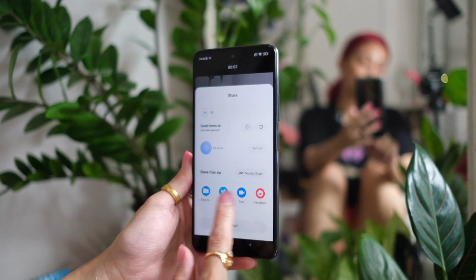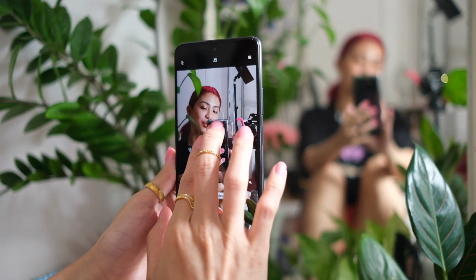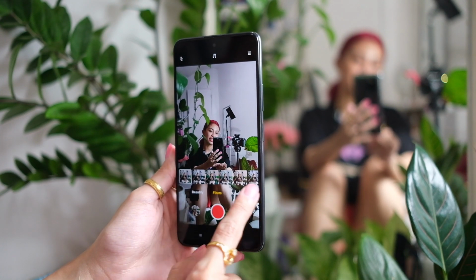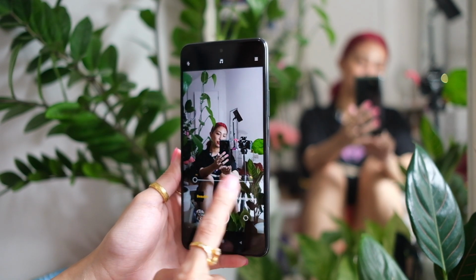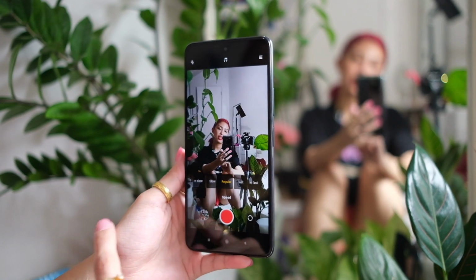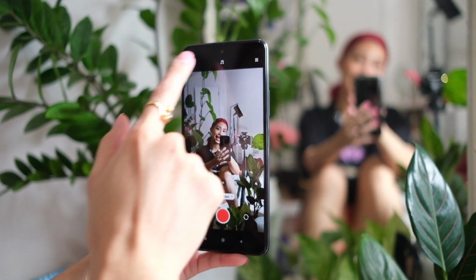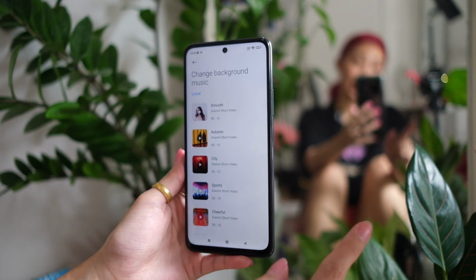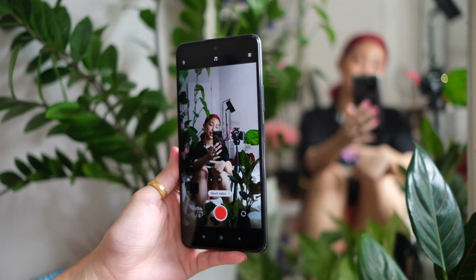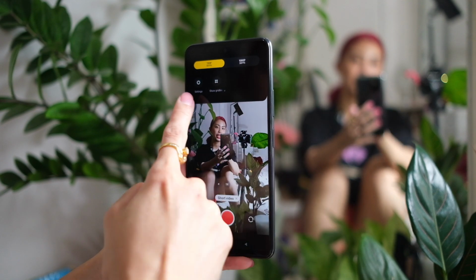So your accounts should show up here once you've signed them on. So aside from allowing you to shoot those short clips, you can do wide, you can do 2x up until 6x, but that is not all, folks. You can add different filters. You can add different beauty filters. There is a cool kaleidoscope mode, which is very trippy. And then on this side, you can make it super fast or super slow when you shoot your videos. And you can add a background music to whatever you shoot. So it's basically a mode that allows you to shoot fun stuff straight on your camera app and then export to social media. Up here, you also have settings, so you can shoot in 1080p,